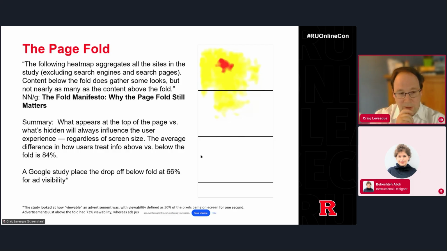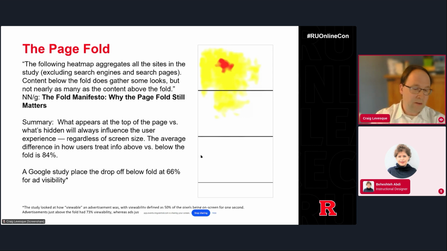A bit of warning about these numbers. You're going to see a lot of numbers online about the page fold from Google. Google gets their numbers in a different way. So the way Google gets their numbers is by looking at pixels that are viewable on the screen. So basically, Google says an ad has been seen if 50% of the pixels are on